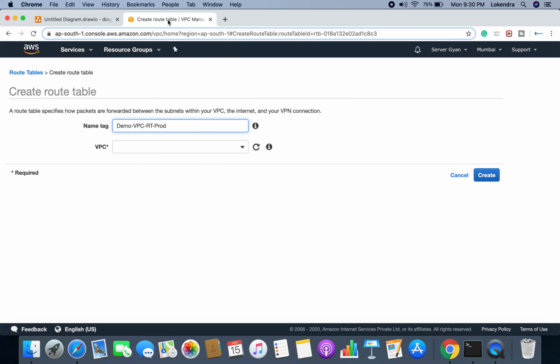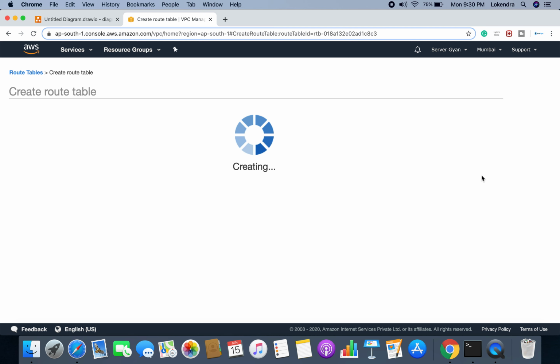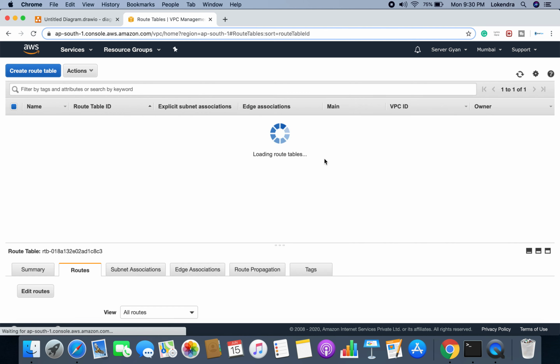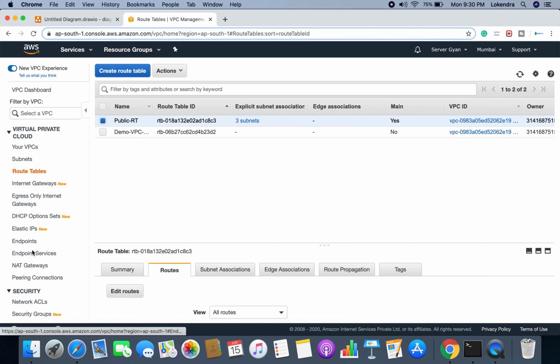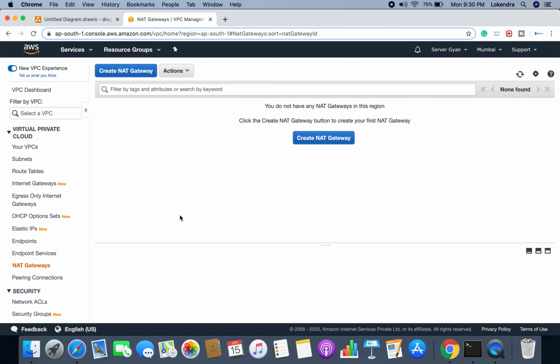So if I want, rather than writing prod, I can write here for app. It means all application servers which are going to be behind the NAT gateway are going to be here.